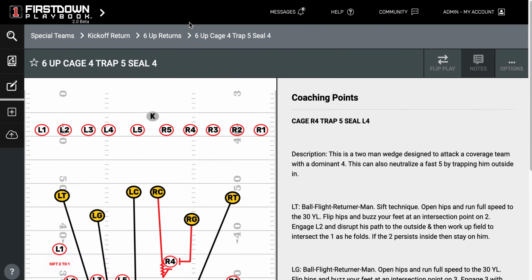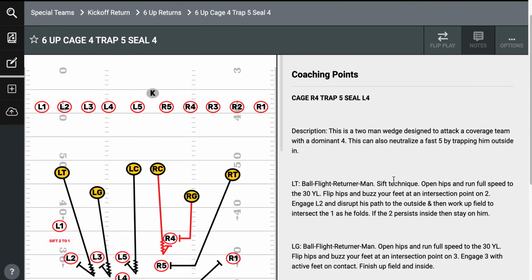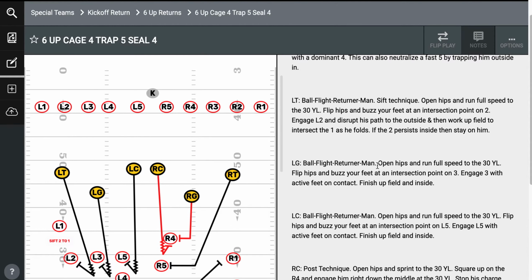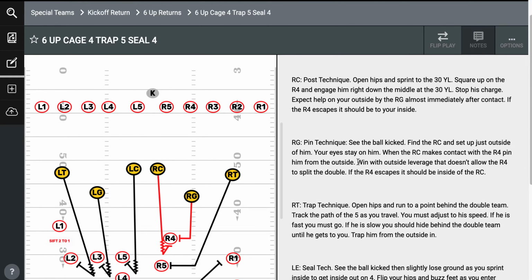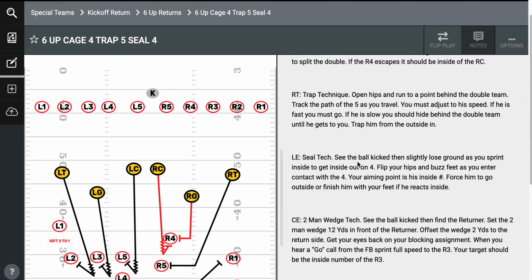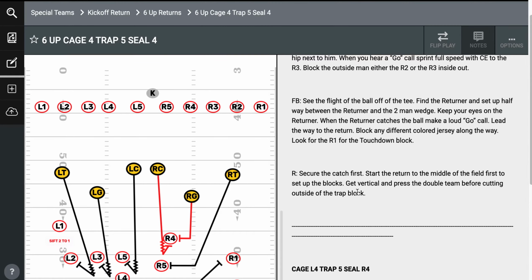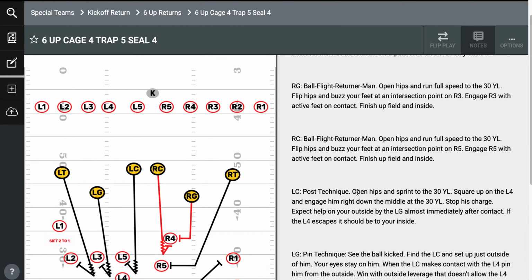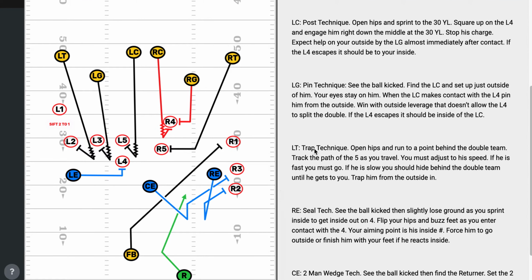Now let's look at a special teams play here, a kickoff return. Once again, the description needs to be very simple. You need to have buzzwords that mean something to your players. You may come in and look at our coaching points and take part of it, leave some of it out. But once again, you're trying to give the player something to cling to when they're going really fast. Things are buzzing by them on a kickoff return, and they've got an answer right there other than just a